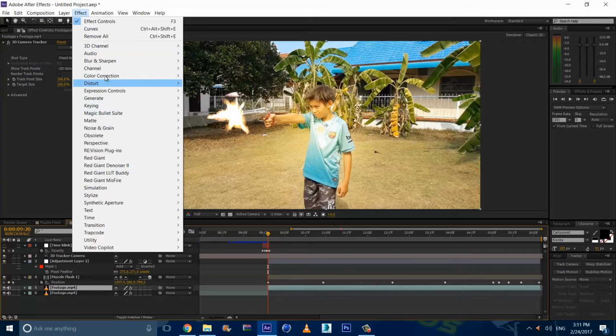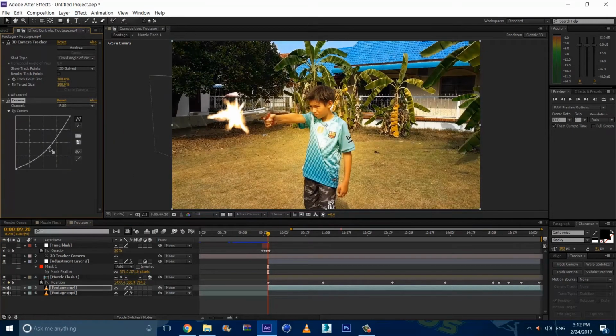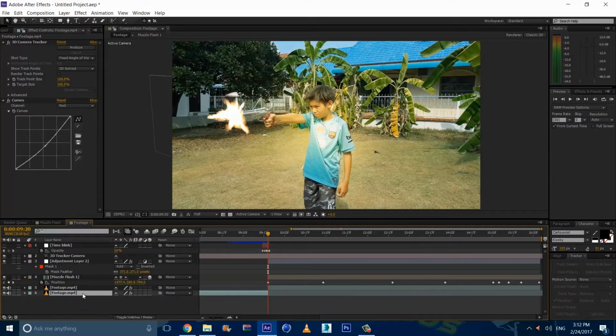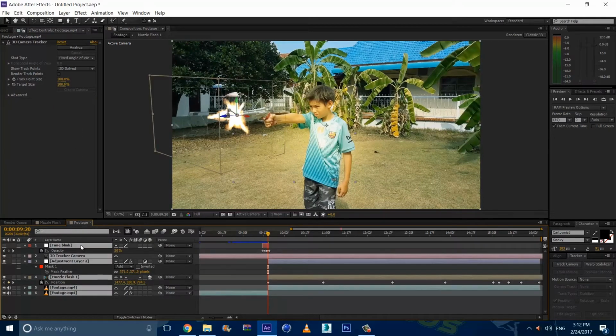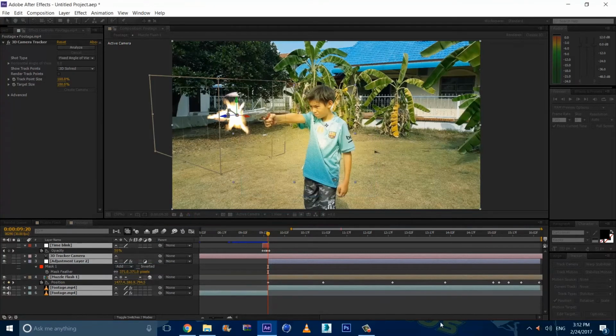we're just going to effect, color correction, curves, and just brighten it down just a bit, I guess, and just boost the red because of the muzzle flash. It's going to give that time freezy look. Alright, next step is to just pre-compose this all together, and let's just name this final, and